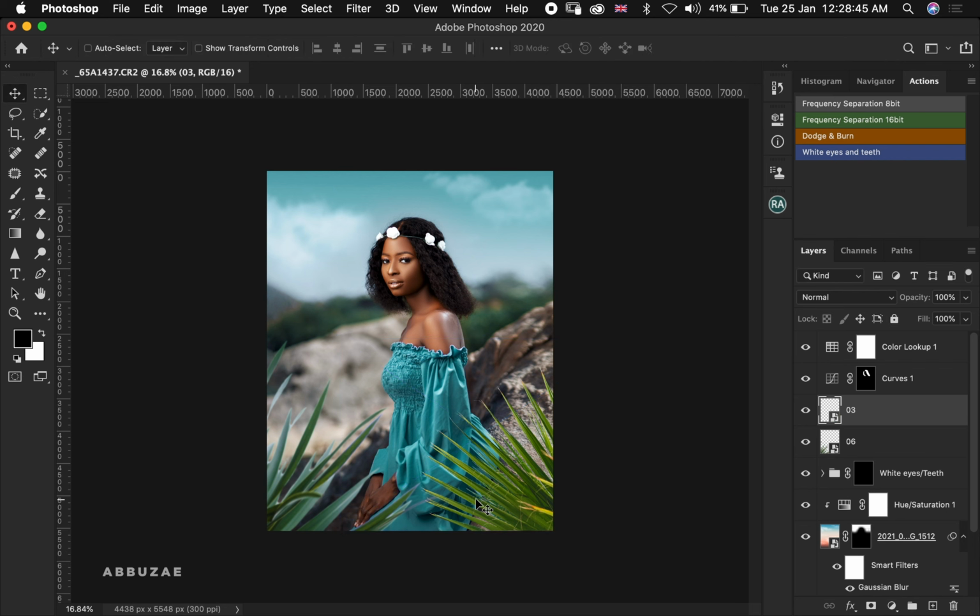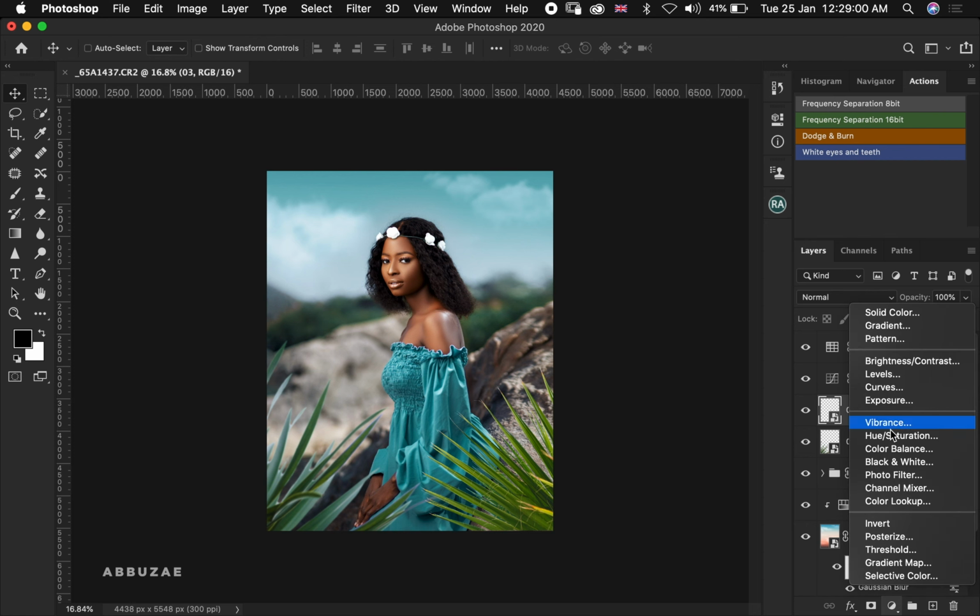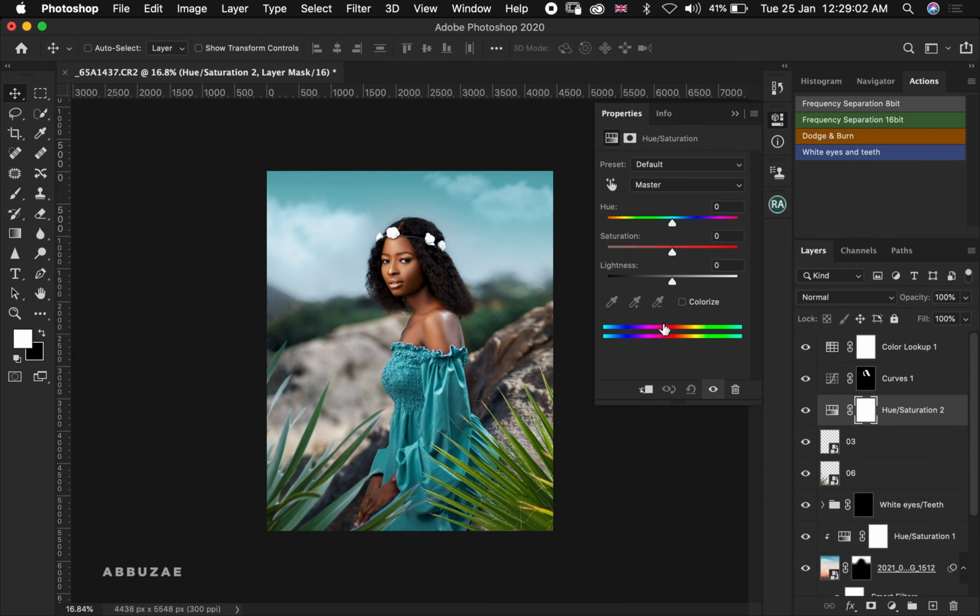But as you can see, the color of the leaves is off. So how are we going to fix the colors of the leaves? It is by going to our adjustment layer, and then you go to hue and saturation, and then we begin with the leaf by the right hand side. So what you're going to do is clip the hue and saturation layer to the leaf layer, and then we take down the saturation,